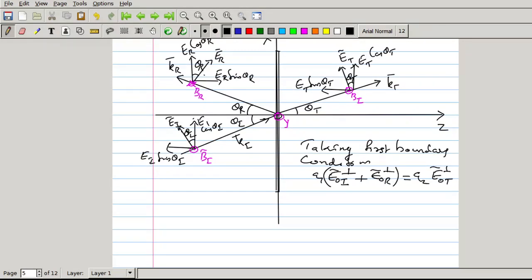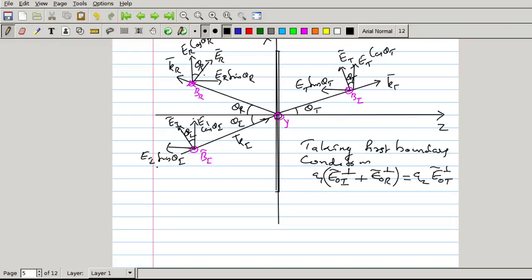First, take the component of E0I perpendicular to the boundary. Perpendicular to the boundary means the interface. So this one is the component perpendicular to the boundary, but this component is along the negative z direction. The components along the negative z direction I give a negative sign, and the components along the positive z direction I give a plus sign. So this will be minus EI sin theta I. When I take the component of E0I, EI, the exponential term also will be there, so this will be E0I sin theta I e raised to i(ki dot r minus omega t). But the exponential terms will cancel each other.